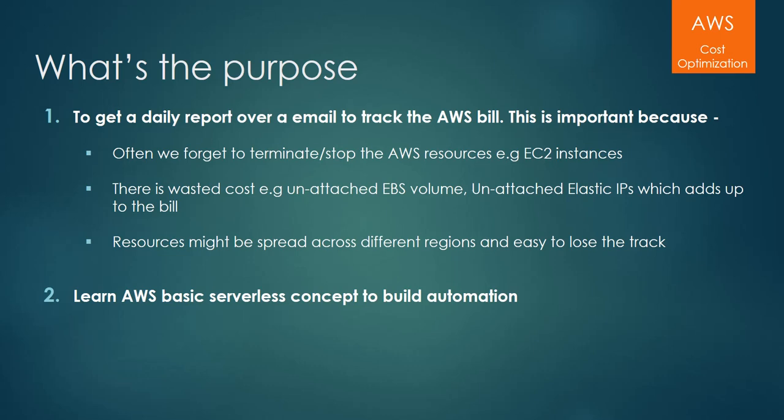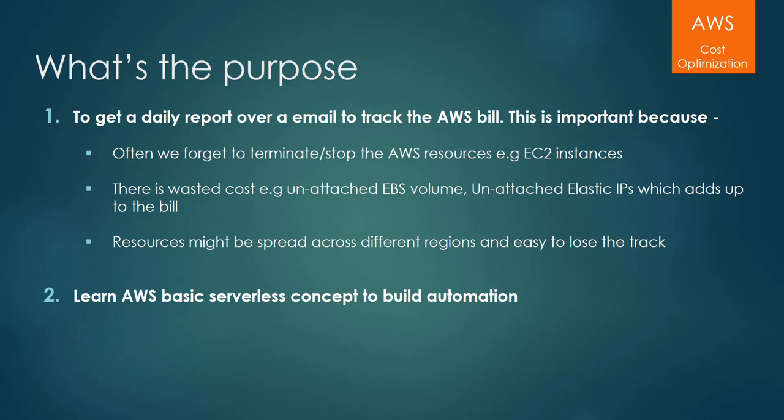Another cost leakage happens due to elastic IPs. Now for an elastic IP, if you do not attach it to a running EC2 instance, it is billed, so the charges are reversed. If you are using it, you are not billed, but otherwise you will be billed for that. Often when I used to take trainings, people had elastic IPs not associated, and at the end of the month they'd get a bill, not much, but at least there is some cost added to your bill. So the idea is to identify those kinds of cost leakage